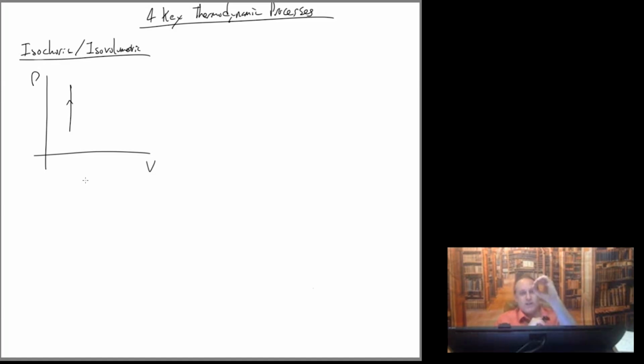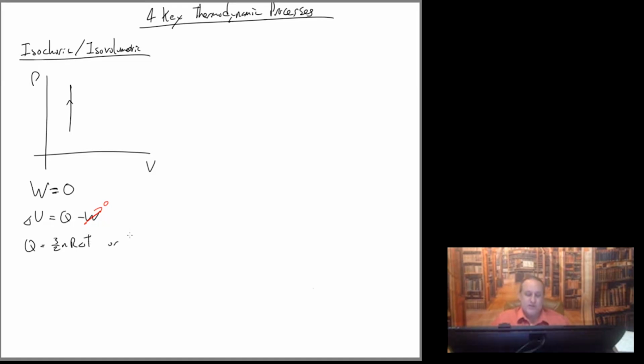It's 0, right? There's no area underneath the vertical line. So we can say the work just equals 0 for an isovolumetric process. That means, using the first law of thermodynamics, delta U equals Q minus W. Since the W is gone, it's 0, we can easily find a formula for Q. Q is just equal to 3/2 NR delta T,